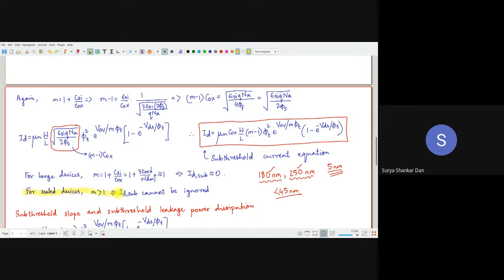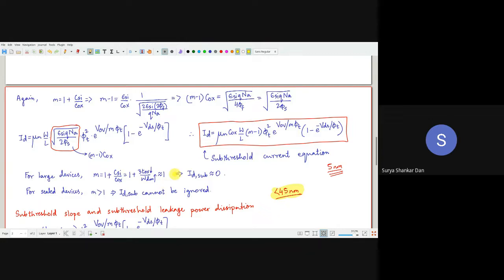For scaled devices, I have emphasized this, and subthreshold was taught for, I think, at least 3-4 classes. So here you can see for scaled devices, small m is greater than 1. Therefore, you are going to have an ID value, and that is what leads to subthreshold leakages. This subthreshold leakage, that means the current conduction when the device is switched off, is a problem only when you are thinking about lower technology nodes. In fact, it turns out that the lower the technology node, the higher the subthreshold leakage.